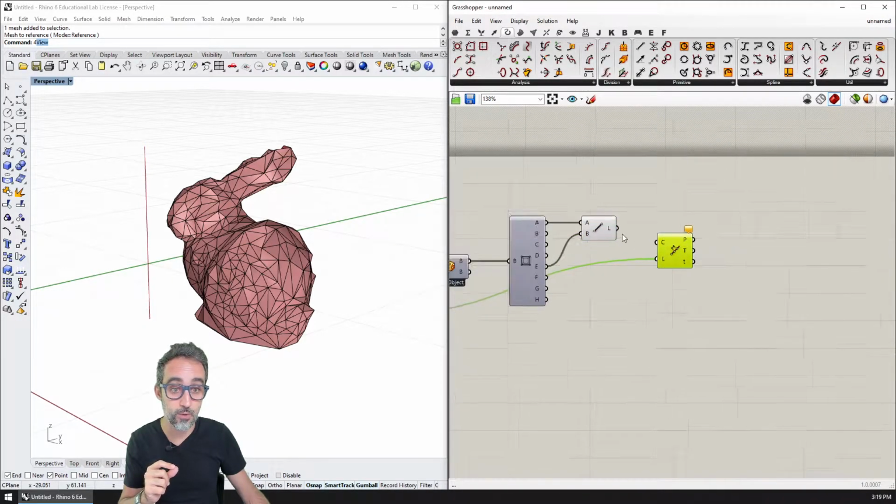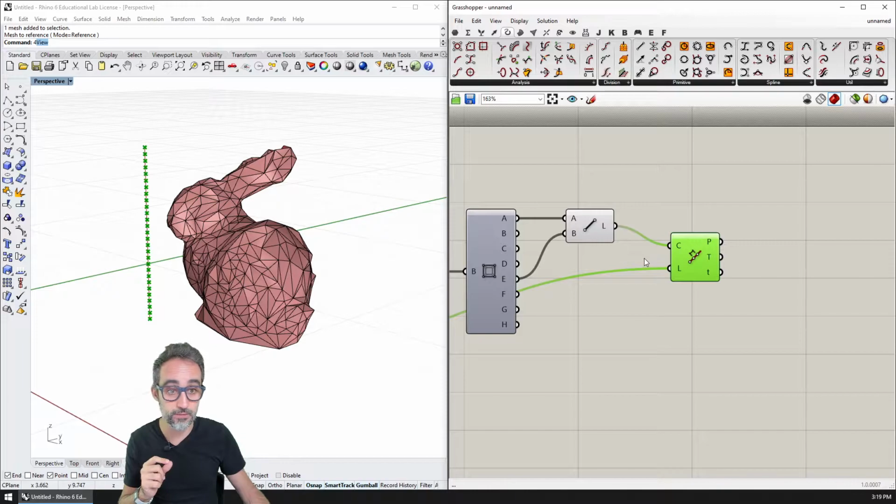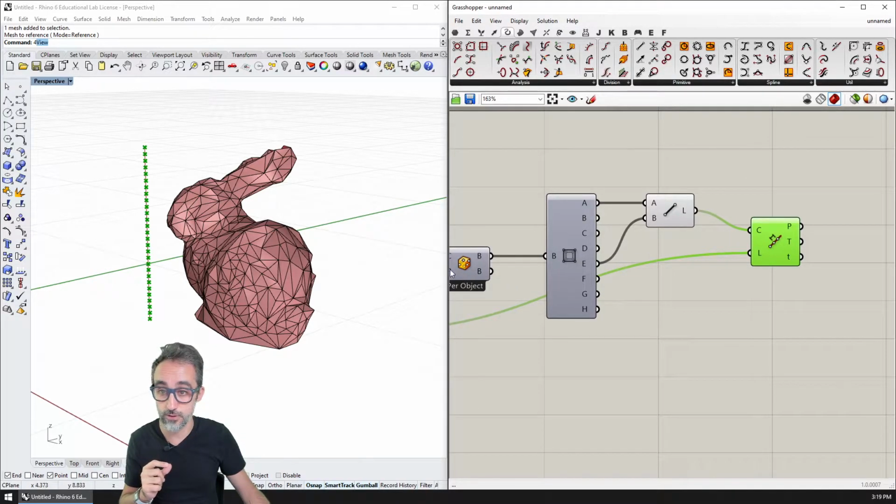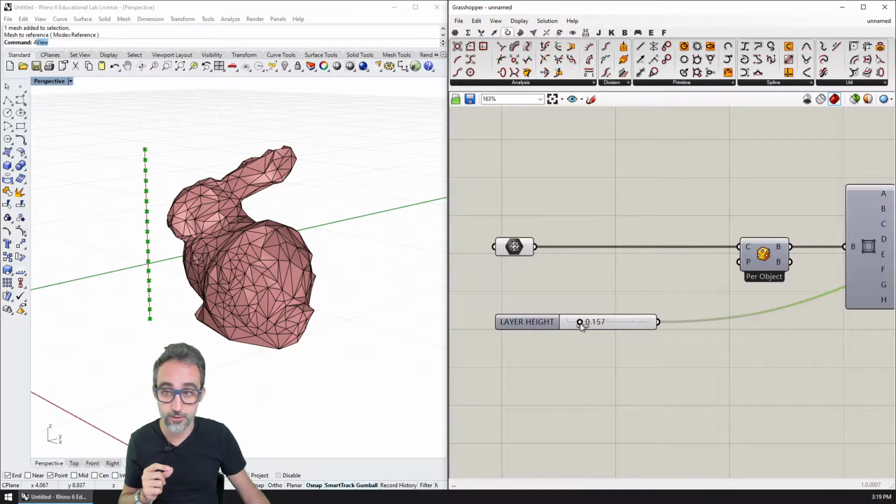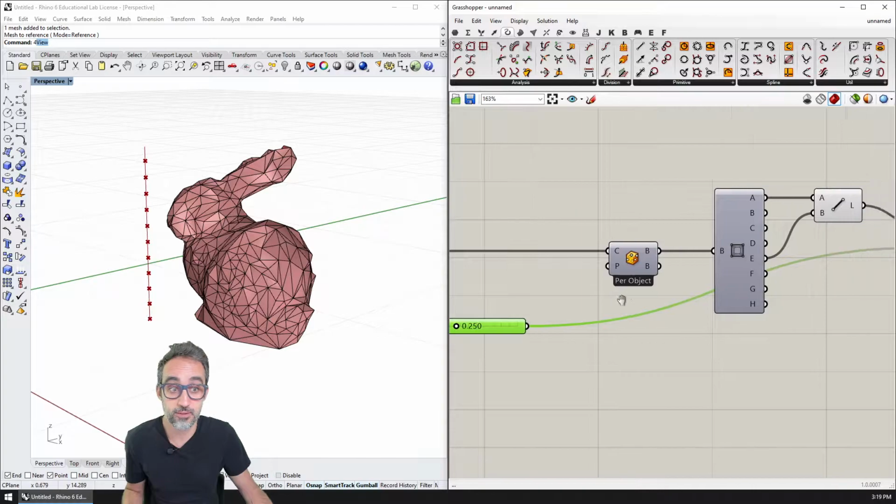And what this will do is divide that curve into a bunch of segments, and you can see that if the distance doesn't fit exactly to the length of the curve, then that part will be lost, which I'm pretty cool with. So that layer will just not be printed because it's not enough.